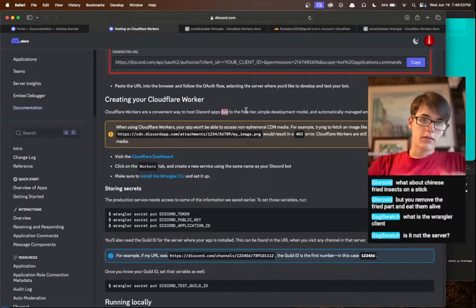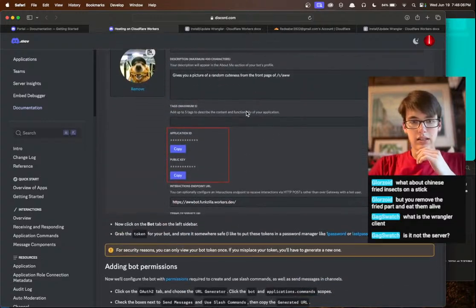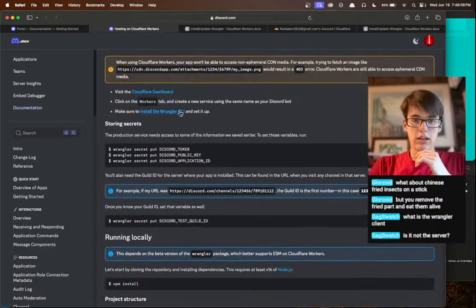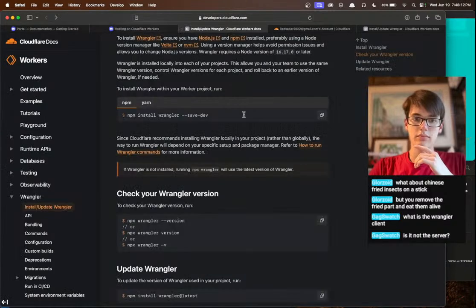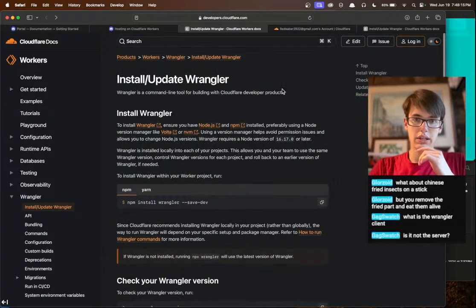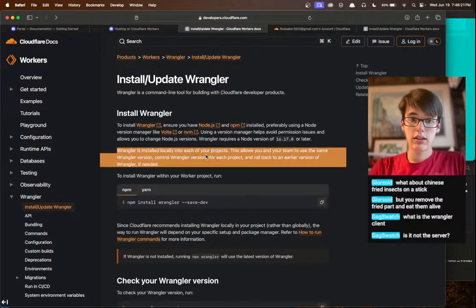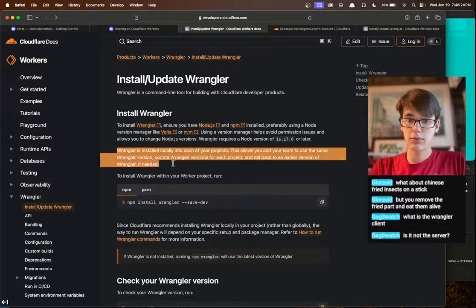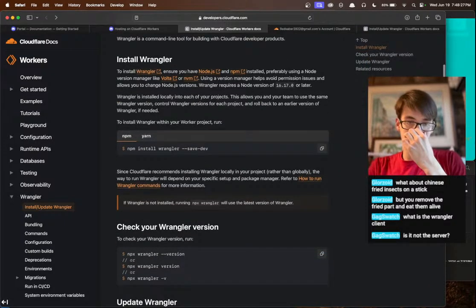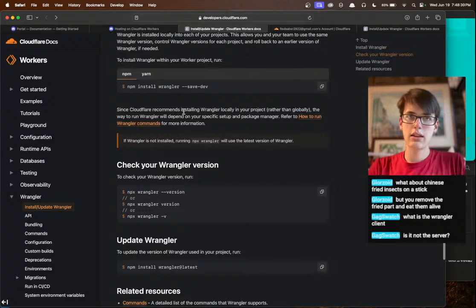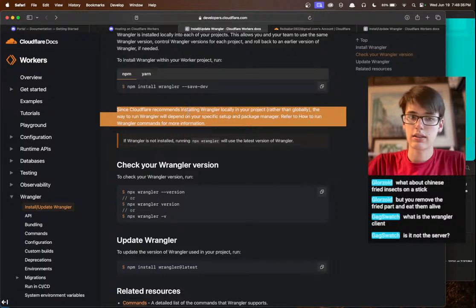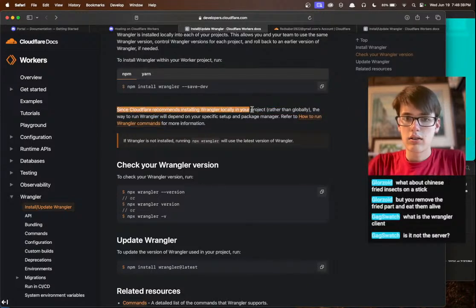So basically, we have to set up Cloudflare. And they are supposed to be helping us set up Cloudflare, but it's very confusing. So I think what we're doing is installing it locally, right? Wrangler is installed locally into each of your projects, blah, blah, blah. I think we need to install it locally, and then it'll connect us to Cloudflare, and then this stuff will be put on Cloudflare servers. I think that's what we're supposed to do. So maybe